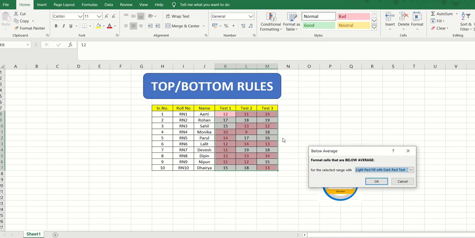Okay, all right, above average we have already done, and after that it is below average. So these are the students who are below the average line. Okay, you don't have to do a manual calculation. Again you can use conditional formatting, and these particular things can be automatically highlighted in the data set which is already available with you.